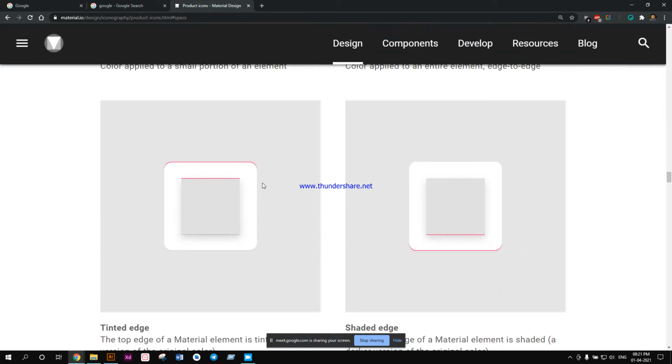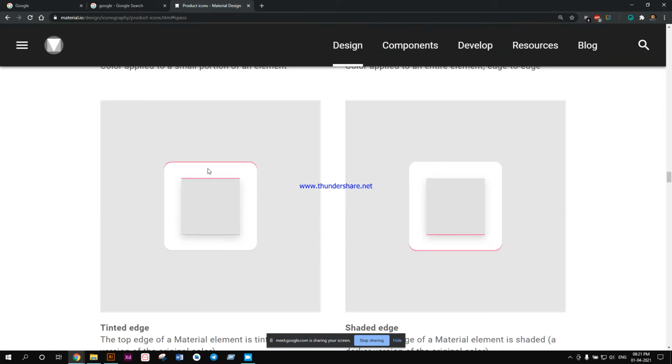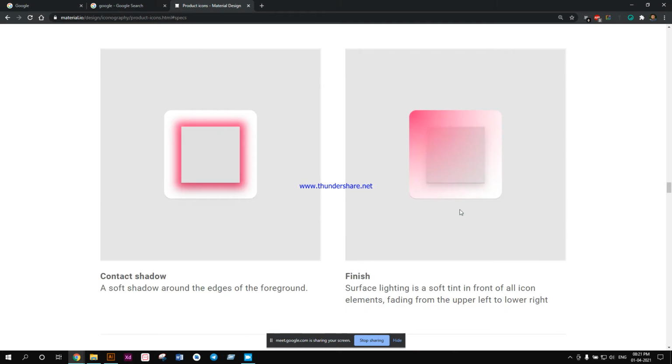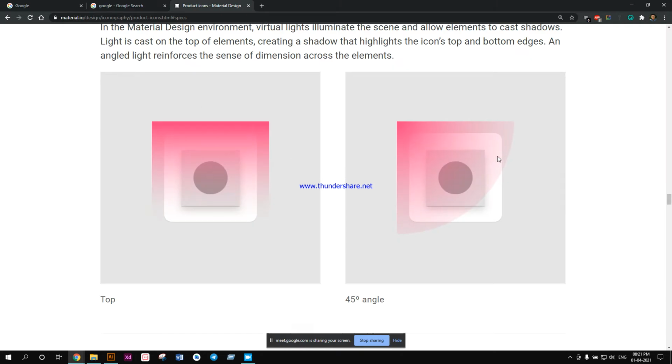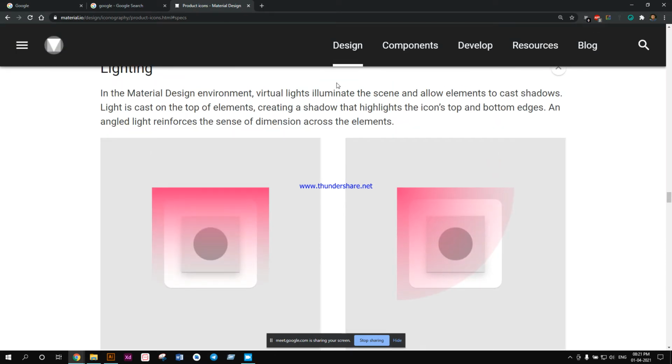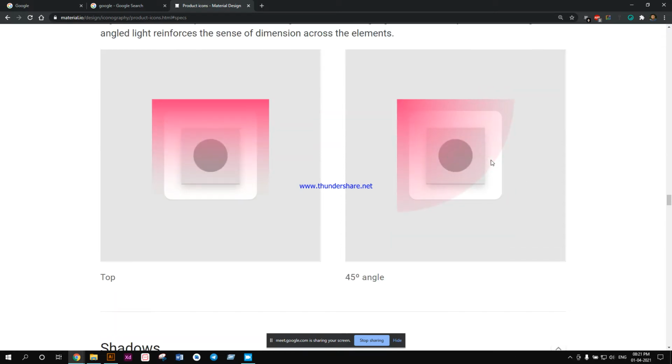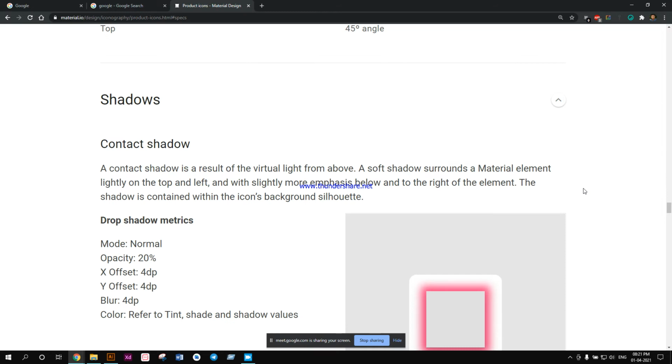Now we're going to come to this part, tinted edge and shaded edge. I'll go into more depth about this when I actually jump onto the design. Now this finish and contact shadow are actually not required. We're not going to do this because these are very old guidelines, and in today's perspective we do not actually do this kind of stuff, but it also depends on what kind of design you are doing.